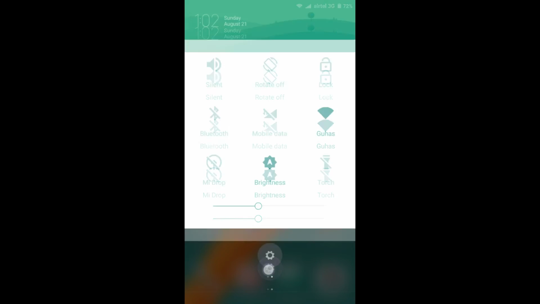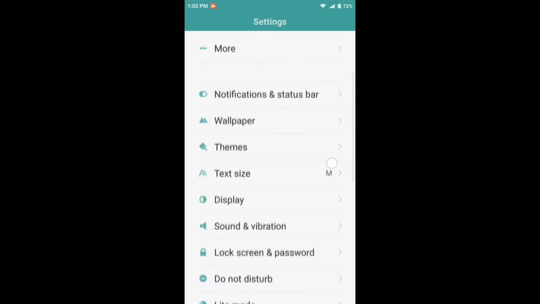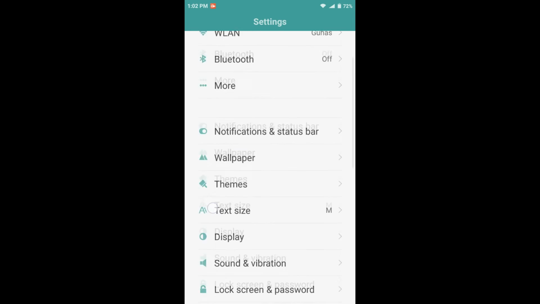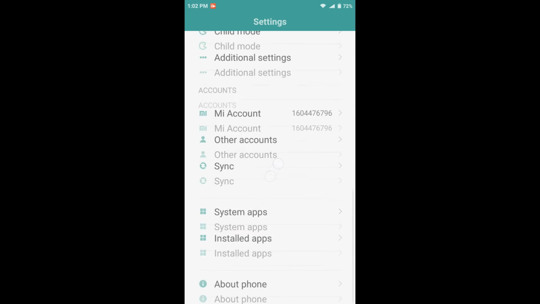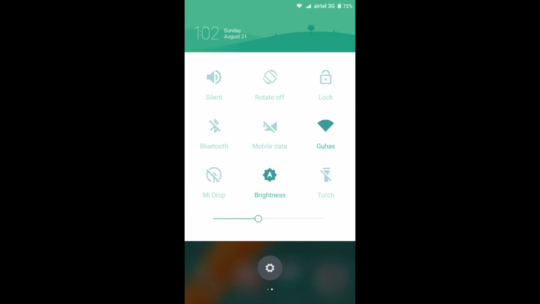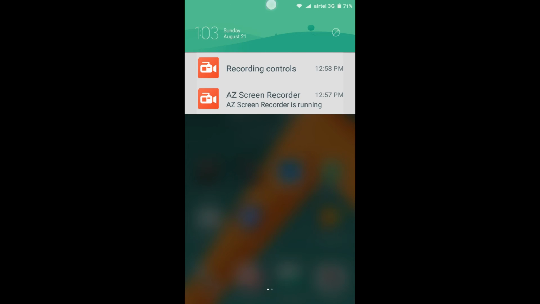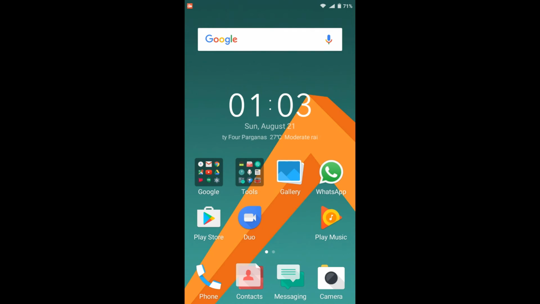Now going to the settings, you will find that these icons have also changed. And this thing up on the notification shade looks quite like the upcoming MIUI 8. It is not upcoming because the Mi Max and the Mi 5 have MIUI 8, but it is upcoming for this Redmi 2 Prime. Anyways, this looks a lot like the MIUI 8 notification shade.